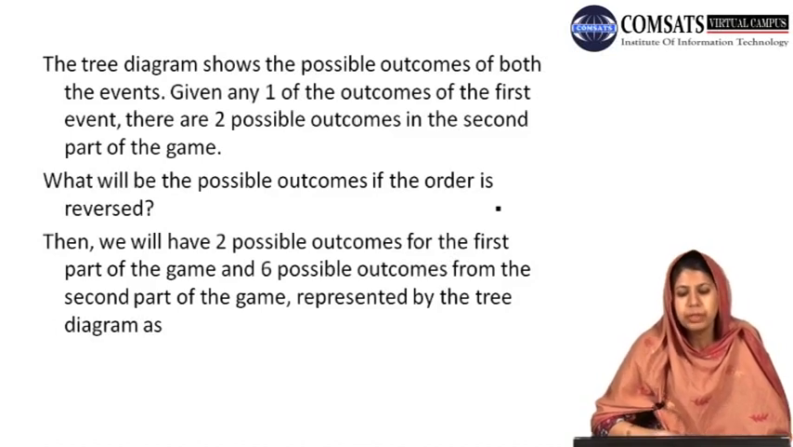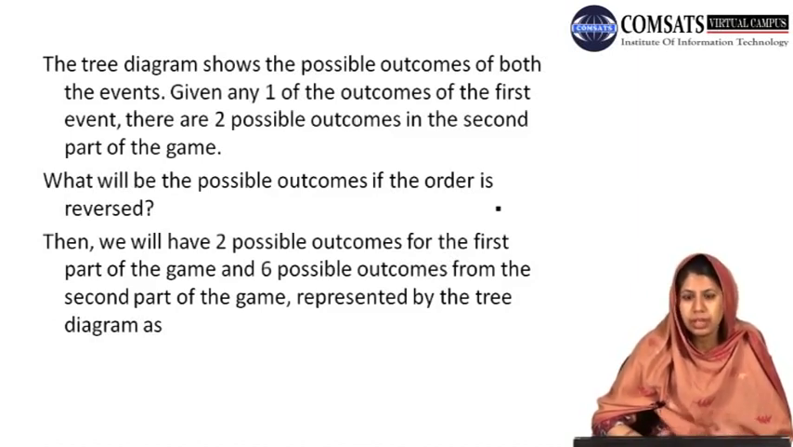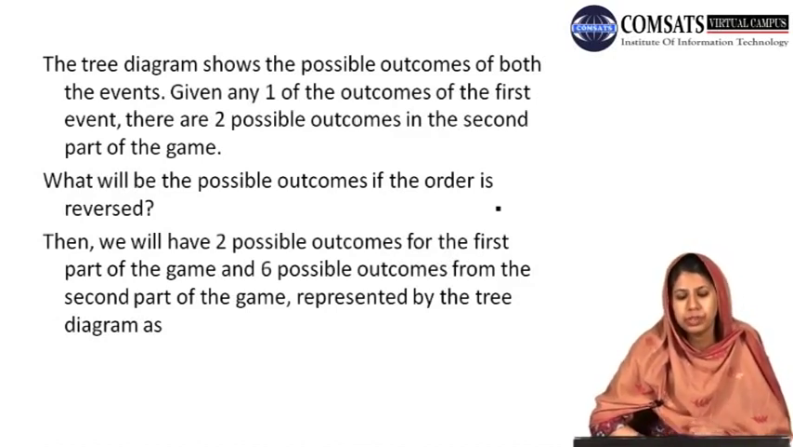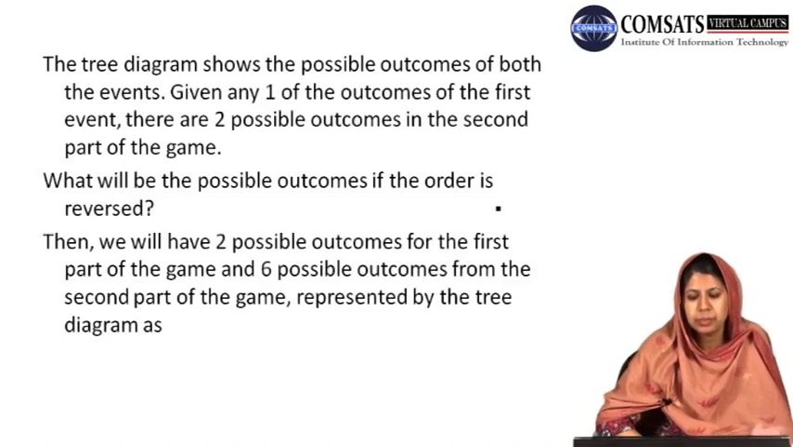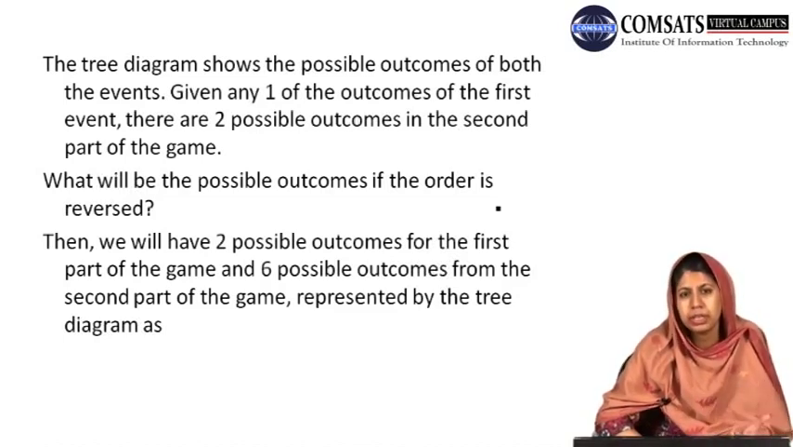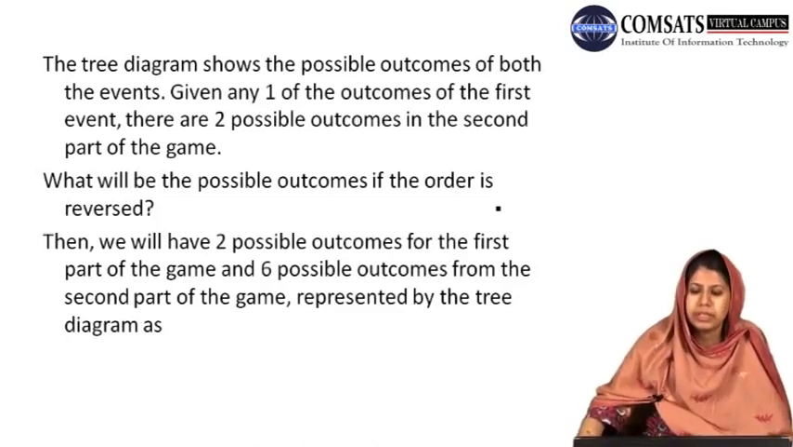And what will be the possible outcomes if the order is reversed? If the order is reversed, which means that first we are flipping a coin and then we are rolling a die, then we will have 2 possible outcomes for the first part of the game. That is, either we will obtain a head or a tail, and 6 possible outcomes from the second part of the game. That is, we can obtain any number from 1 to 6. And this can be represented by the tree diagram as,